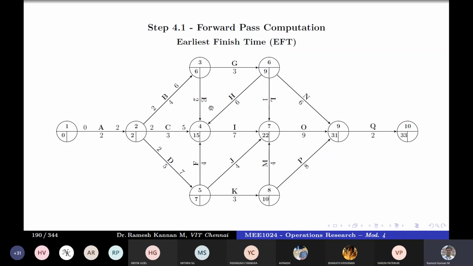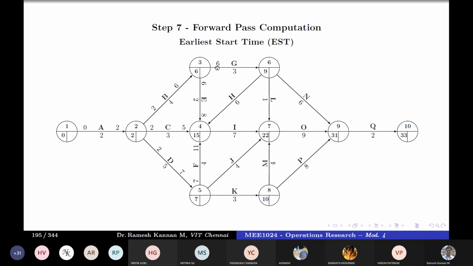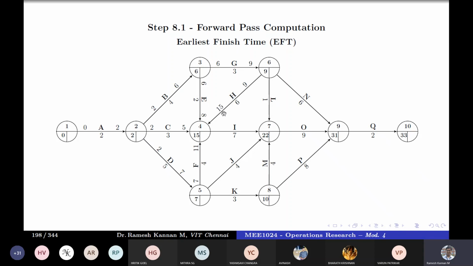Then we can go to E. E depends on B, which is 6, so it will also be 6. 6 plus 2 is 8. Then for F, both are 7, so 7 plus 4 is 11. Then G is 6 or 6, and 6 plus 3 is 9. Here also both are 9, so 9 plus 6 is 15.